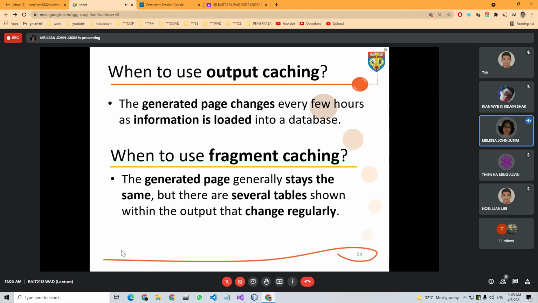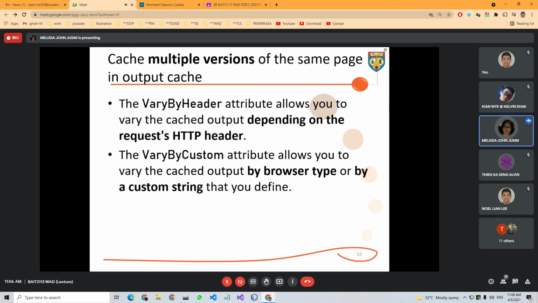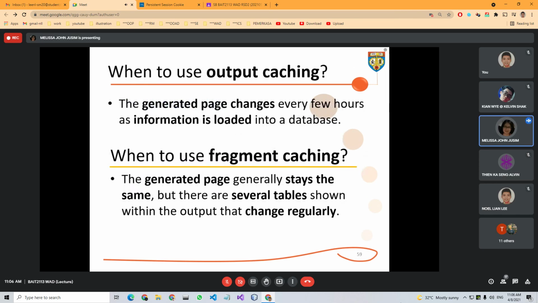This is normally used when the page generally doesn't really change, it stays the same, but only certain elements in your page will be changed regularly. In this case, the one that is changed regularly should be dynamic, and the one that generally stays the same is the only part that you need to do the fragment caching on.